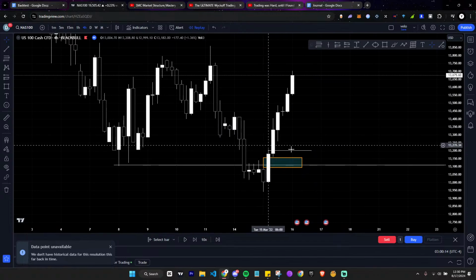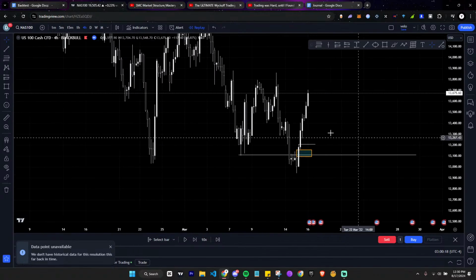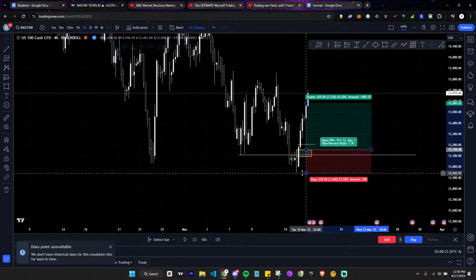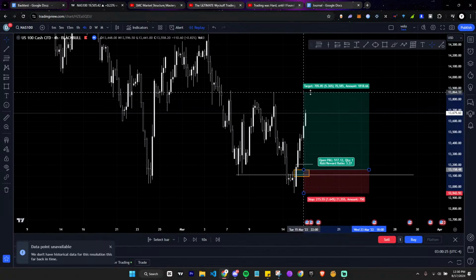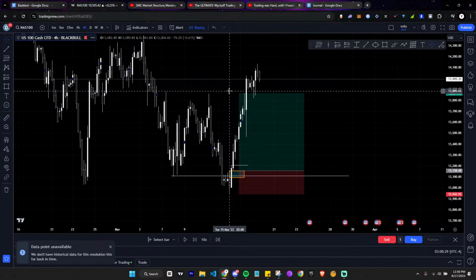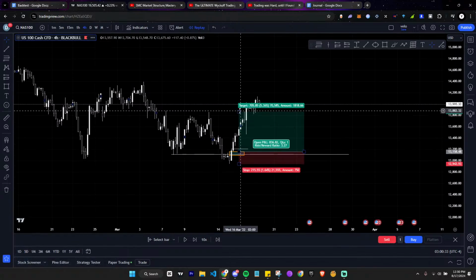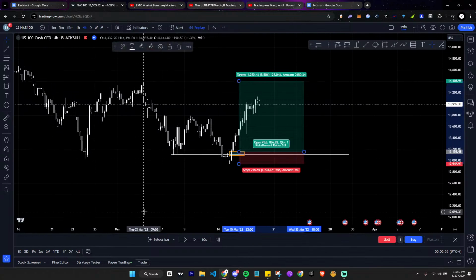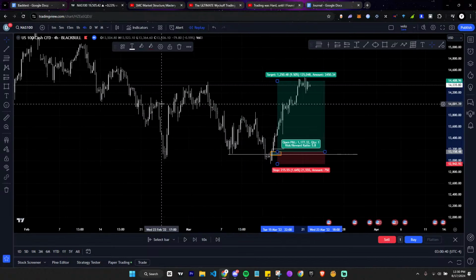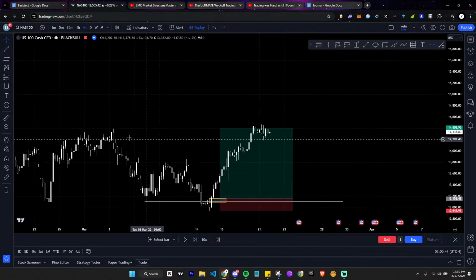So if I go to the 15-minute, I don't know what's going on there, but if I enter off this and target these, look, boom, TP. This is simple, very simple. You can even extend this all the way towards the top of the market maker buy model. Boom, TP. So if you're in a market maker buy model, you can't really be certain unless they are equal